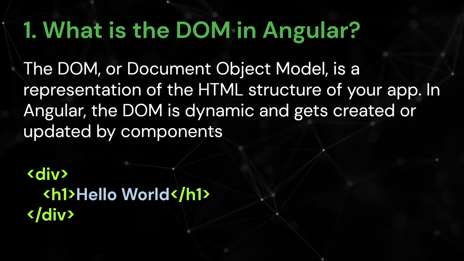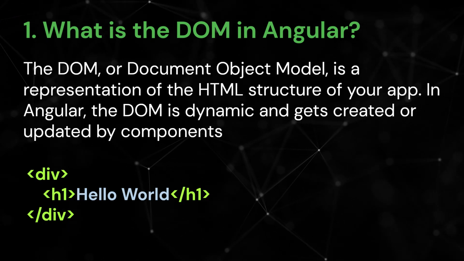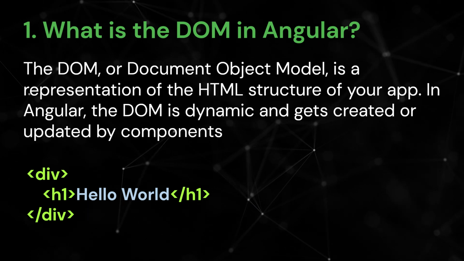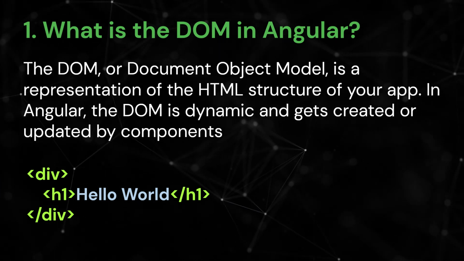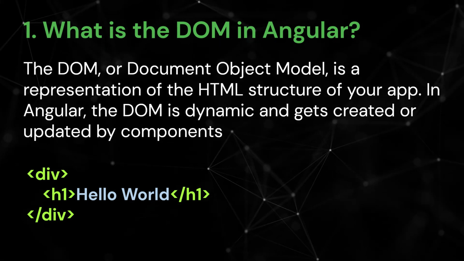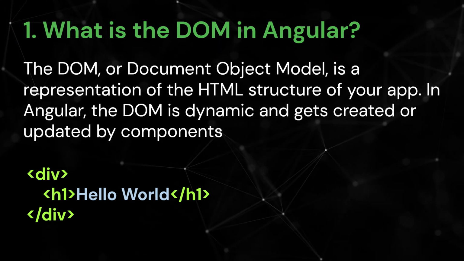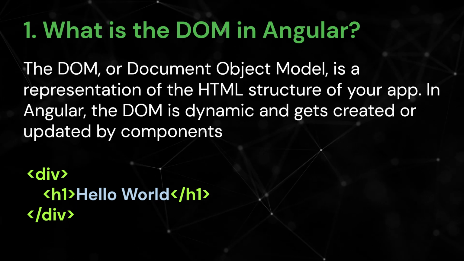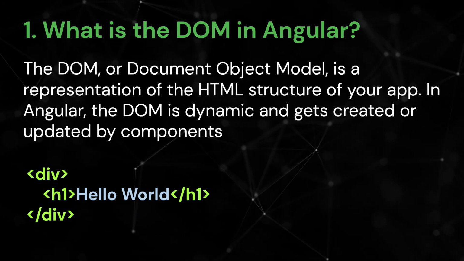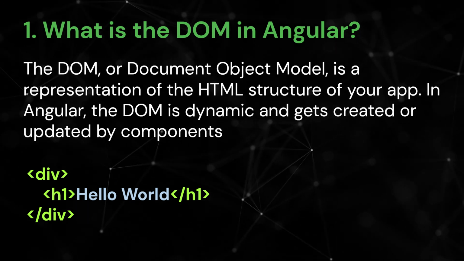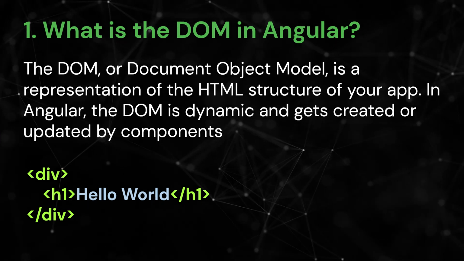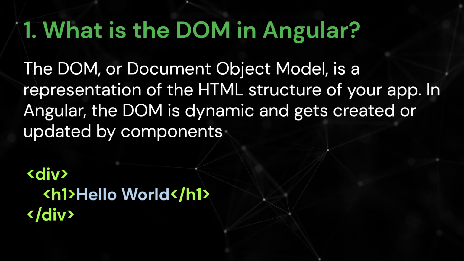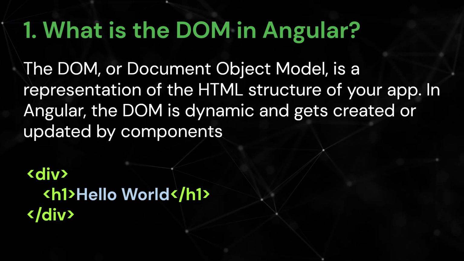For example, if you have this HTML, Angular turns it into a tree-like structure. The div is the root node, and the h1 is a child node. This tree structure helps Angular efficiently update the DOM when something